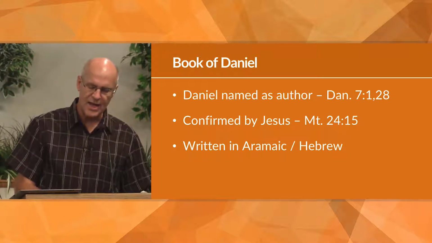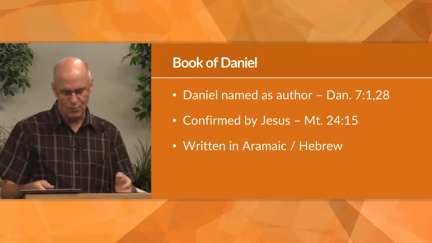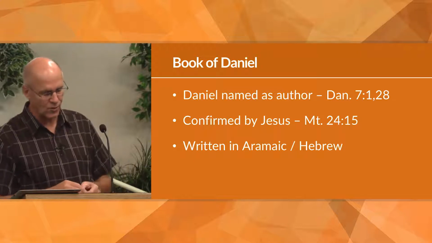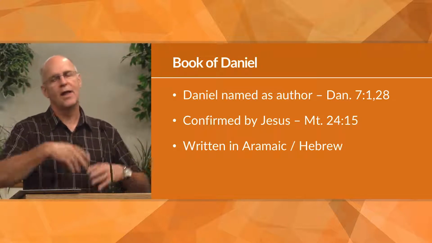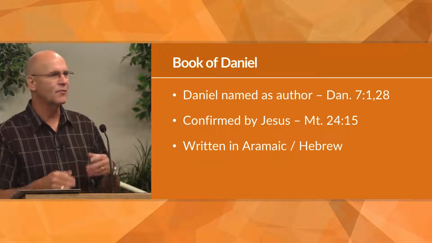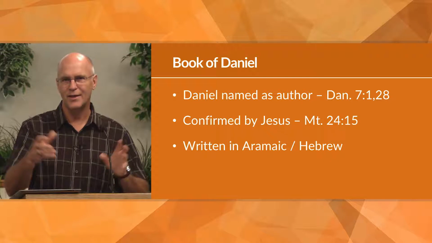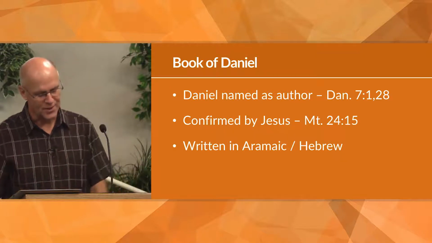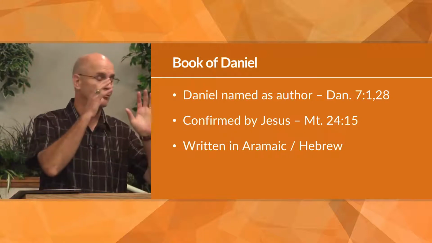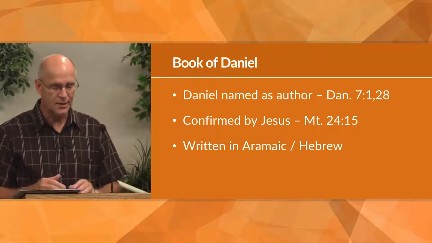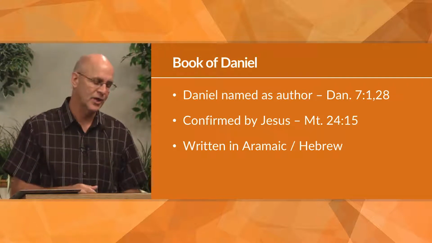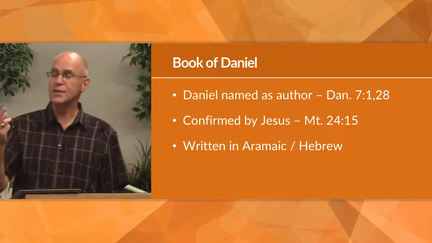And this view was unanimously held until the rise of what we call modern criticism that contended that it was actually written in the 2nd century before Christ by some unknown author. A lot of modern criticism does that. They say, well, we don't know who wrote it, it's not Daniel. And they begin with the idea that miracles can't happen, so they go from there. But this theory has been rejected by most scholars. Both Jewish and Christian scholars still believe and contend that the book of Daniel was written by Daniel at that particular time. It was written in 2 languages,